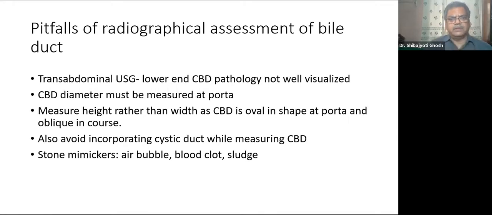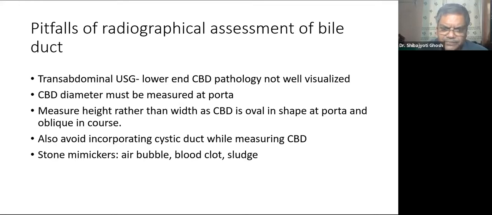Now, before that, as we have discussed about the ultrasonography regarding the assessment of the diameter of the common bile duct, there are certain pitfalls in the radiological assessment of all these investigations. For example, for ultrasonography, the first thing is that the lower end of the common bile duct cannot be visualized well in ultrasonography, as all of us know from our undergraduate days, because of the overlying gas